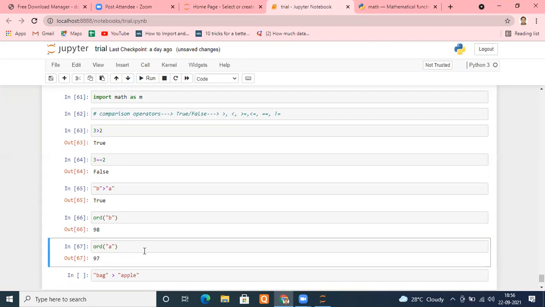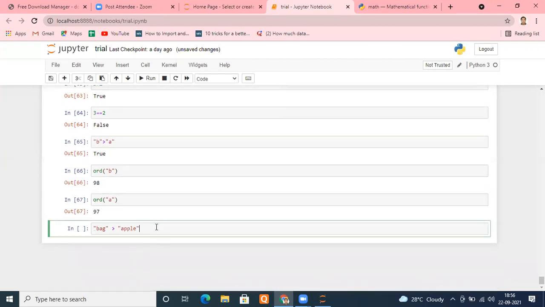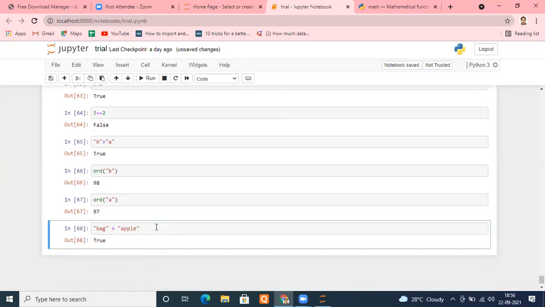In Python, every character is represented by a numeric number known as a Unicode character. So it compares those numbers. Is it fine, everyone? Now if we run this, you can check it out. It will give true, because B is bigger than A. That's it.